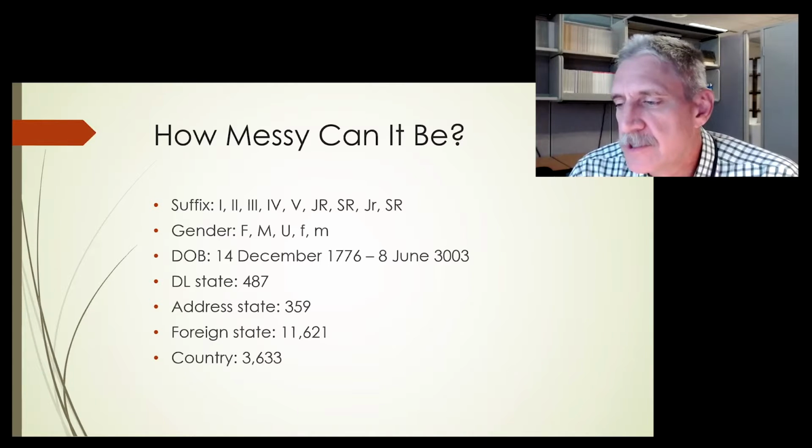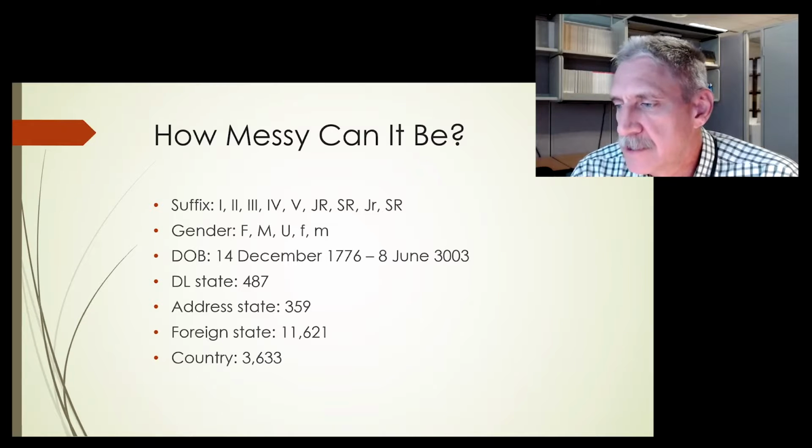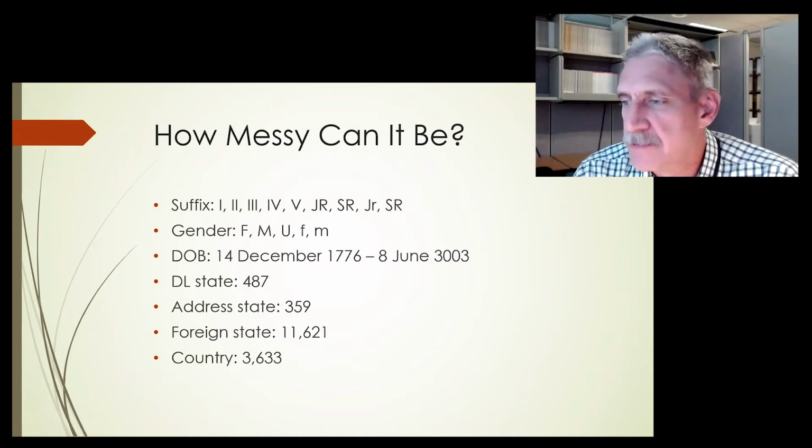There are 200 or so countries in the world. My database has 3,633 different countries. That's because they think country and county are the same thing. Foreign states, well, how many different ways do you write Alberta, Canada, or Sinaloa, Mexico? And don't even try to ask people to know how to do foreign states in Germany or the United Kingdom. It's going to be screwed up.